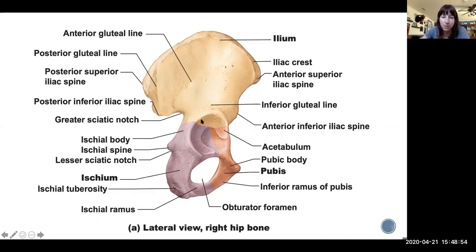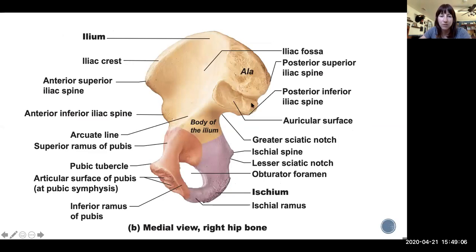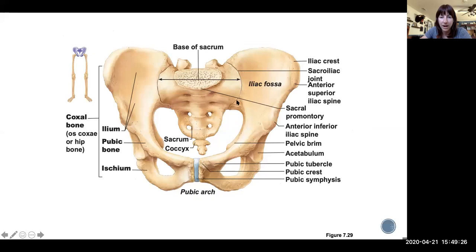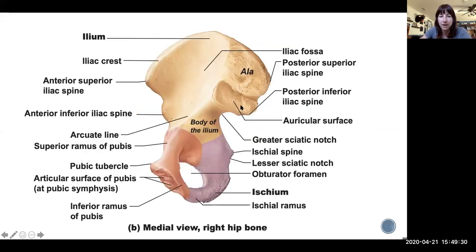So let's take this same bone and we're just gonna flip it 180 degrees. We're looking at it from a lateral view, and I'm gonna flip it and look at it from a medial view. So this is just the medial view of that same bone. So here's the anterior superior iliac spine, the anterior inferior, the posterior superior, and the posterior inferior iliac spines. Here is where the ala of the sacrum fits in, right? So this is right here, where that sacrum fits in. We're looking at it sideways, right? So here's our ilium, here's the ischium back here, also still in purple. Greater sciatic notch of the ilium, the lesser sciatic notch of the ischium, ischial spine, obturator foramen,